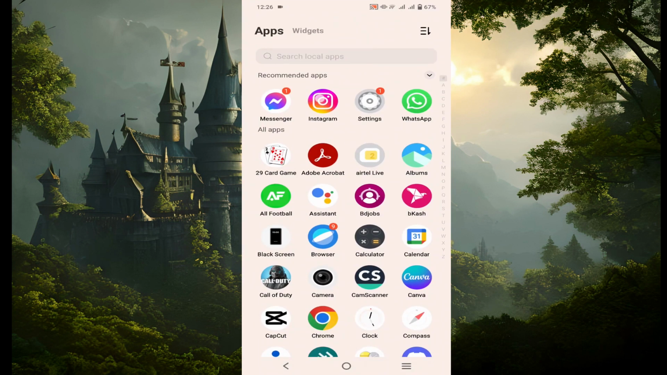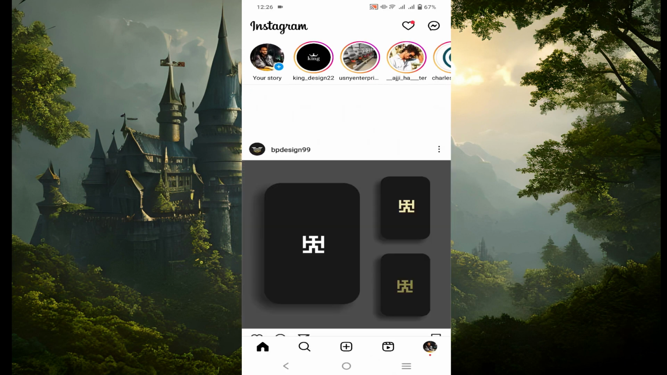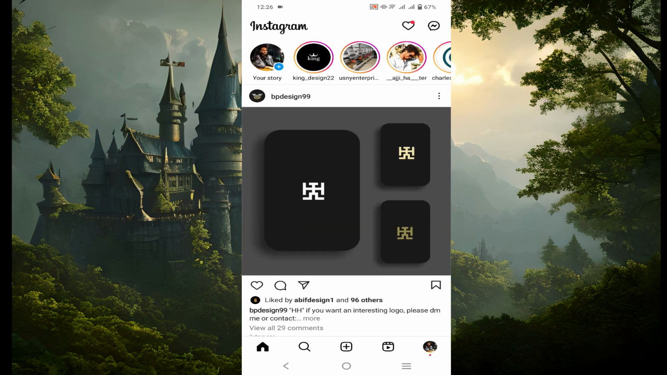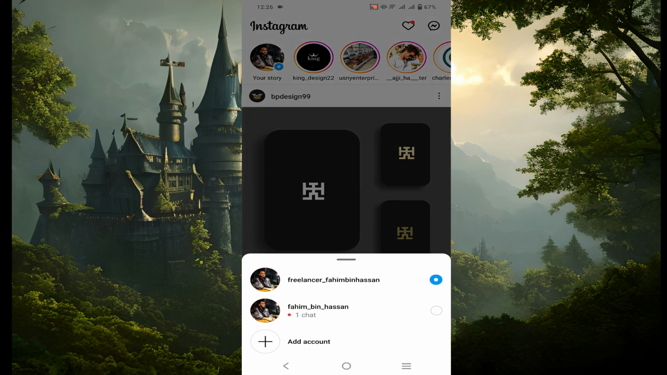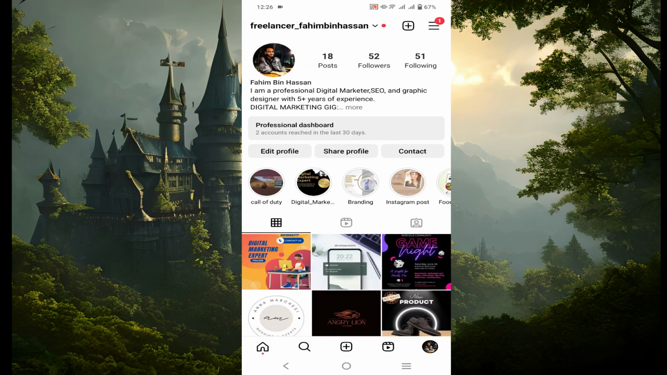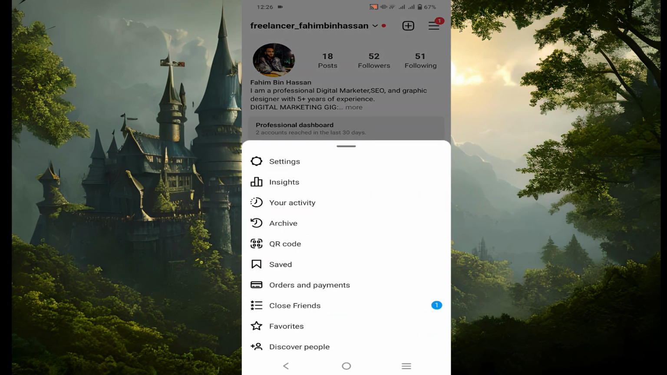First, go to your Instagram. Now click your profile icon on the bottom right, click here. Now all you have to do is click those straight three lines on top of your right. Click here and you can see the option settings here. Click there